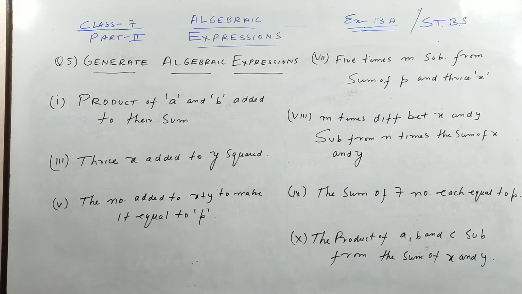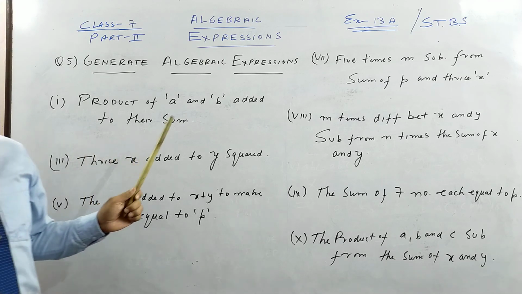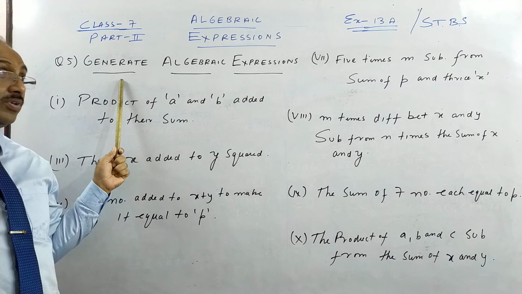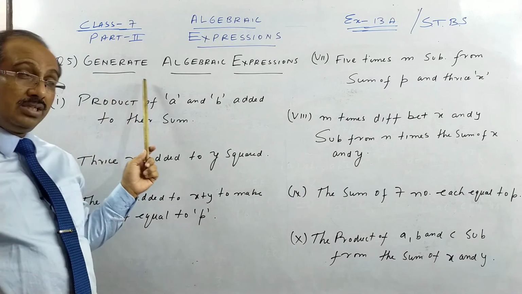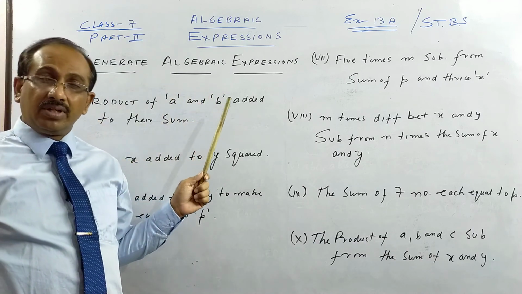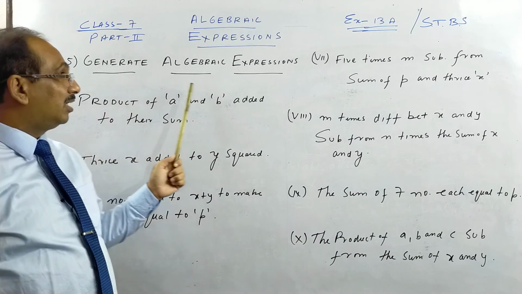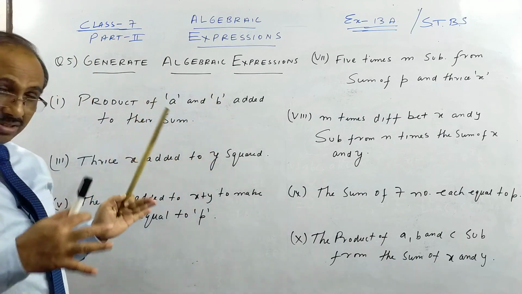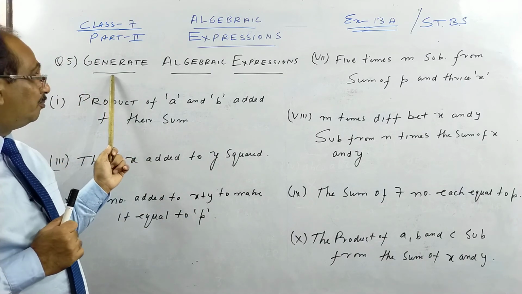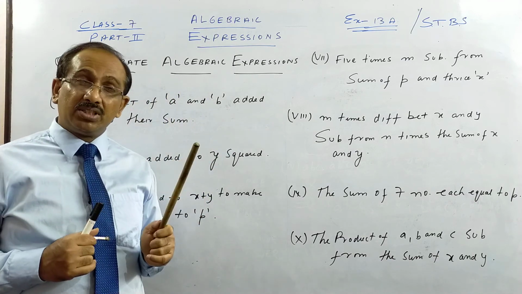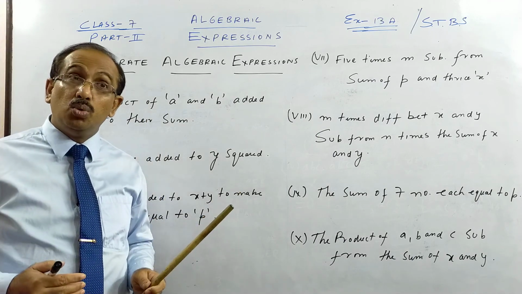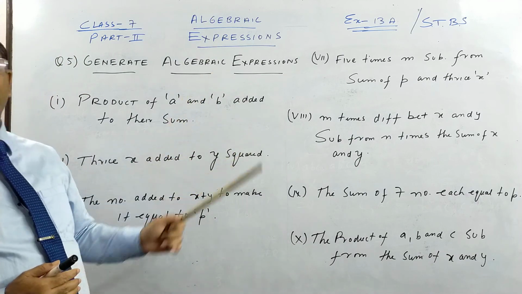So we now move on to question 5, which is very important, children. You are in class 7, in class 8 you will have linear equations, simple linear equations. In class 9 you will have simultaneous equations. Class 10 I am going to teach quadratic equations. Anywhere you have an algebraic equation, we generate an algebraic expression. You see in your book very nicely, there are 10-12 examples given about generating algebraic expressions. Please go through that, how we convert the word statement, the English language, into a mathematical or algebraic expression.